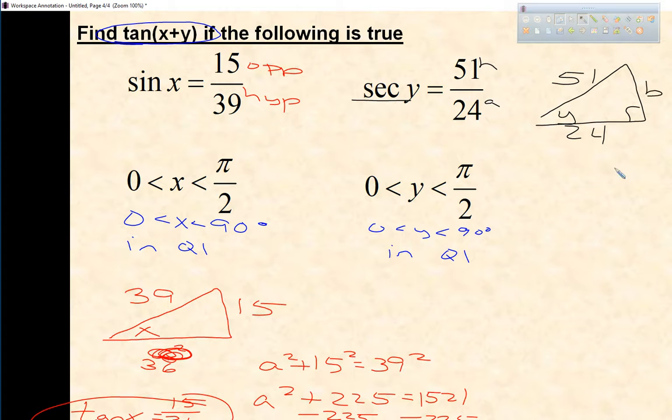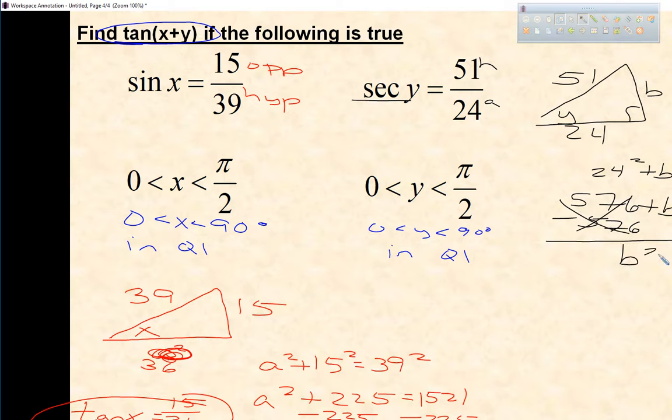We can do Pythagorean theorem to find that missing leg, so I'd have 24 squared plus b squared equals 51 squared. 24 squared is 576, so I'd have 576 plus b squared equals, and then 51 squared would be 2601, and then I would subtract 576 from both sides, and so that would give me b squared equals